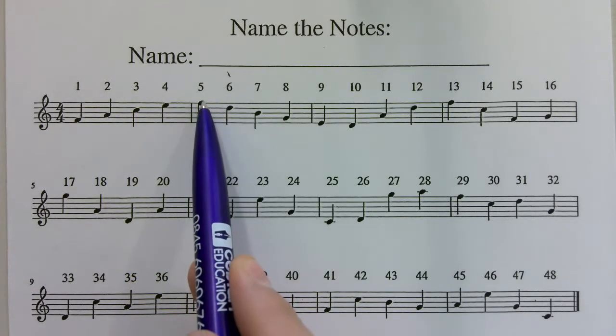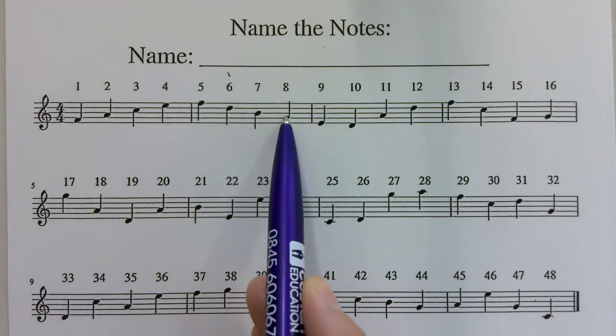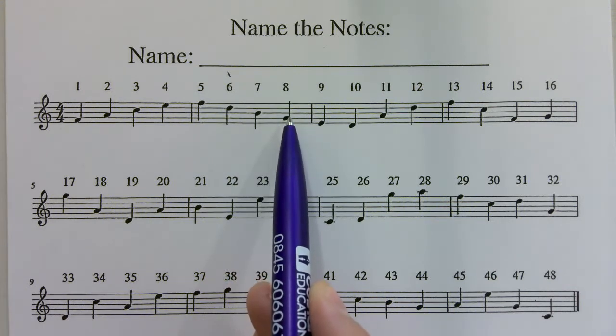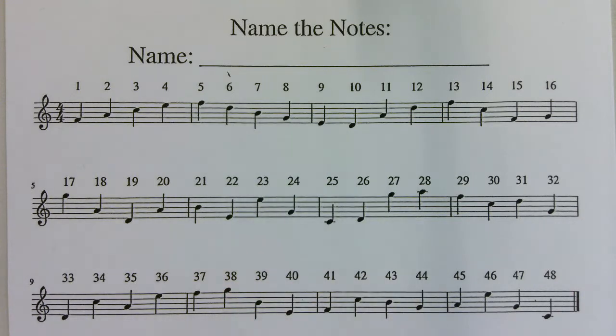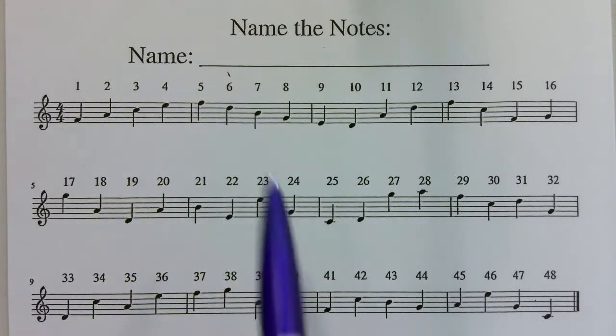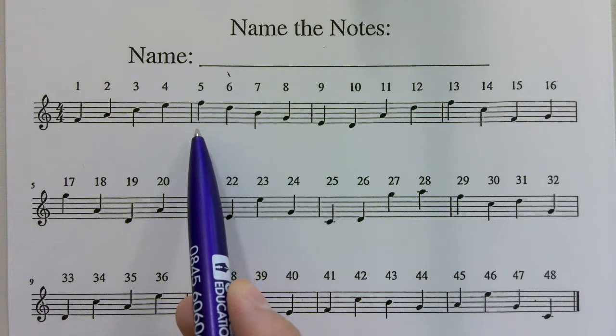Now, what about the notes that are on lines? How do we work out? What was the little rhyme we said? Go. Yeah. Every good boy deserves football. Very good. Every good boy deserves football. So all we need to do is remember that we need to start that rhyme counting from the bottom line.